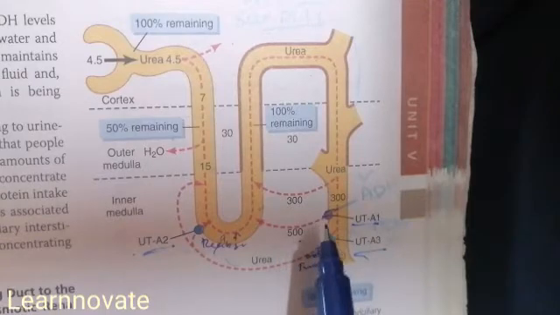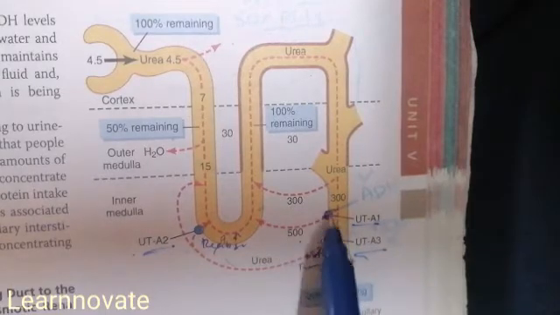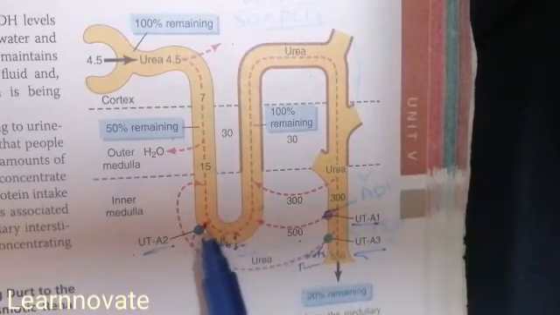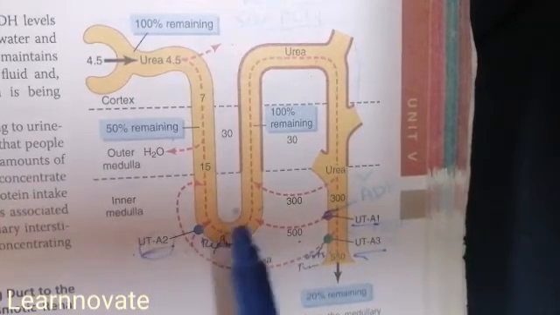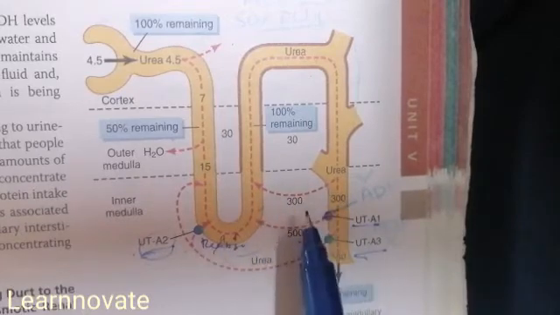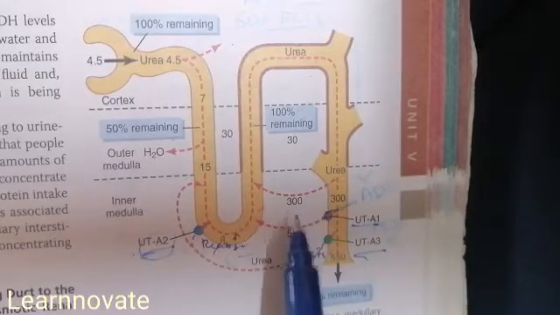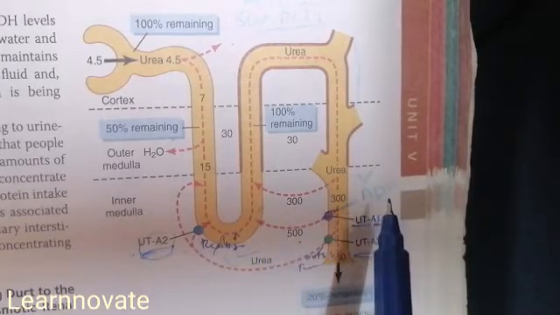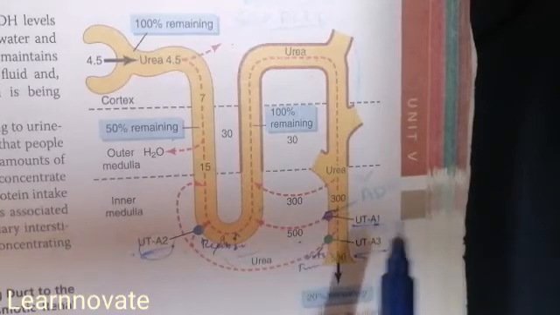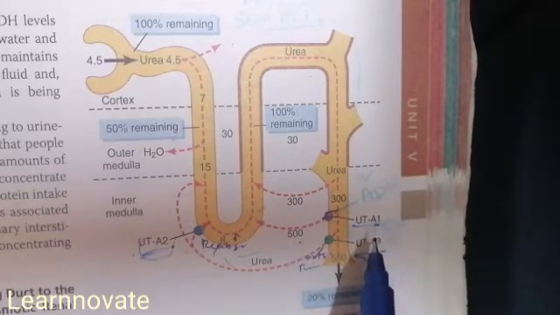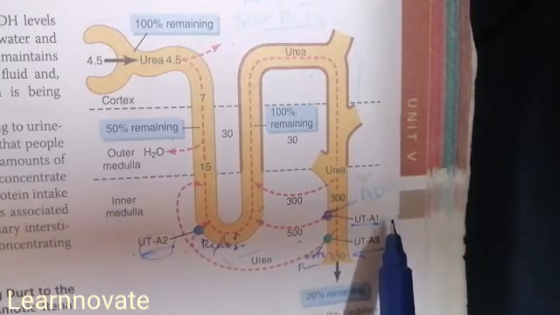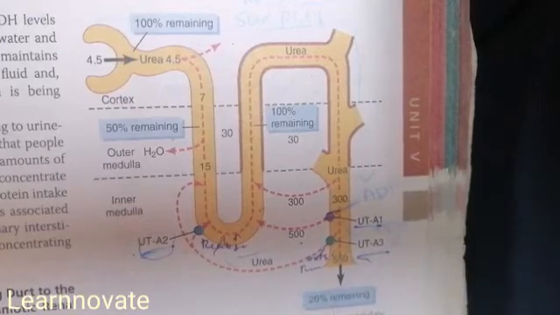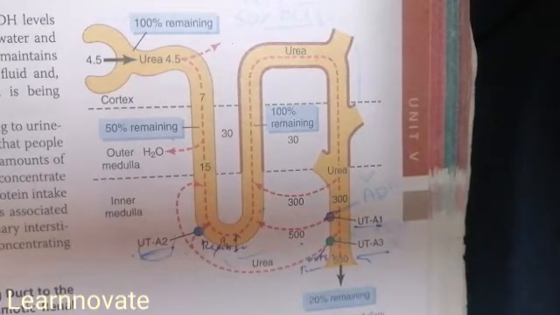One more important thing here is that some of the urea that is absorbed from this collecting duct will get reabsorbed back into the loop of Henle through the urea transporter A2. So in this way, the urea is circulated again and again by being reabsorbed and by being added again into the tubular fluid. In this way, about 50% of urea is absorbed and about 50% of urea is excreted. But urea maintains the medullary interstitium by recirculating its reabsorption. So this is the role of urea, and this is the basic concept discussed in this diagram.